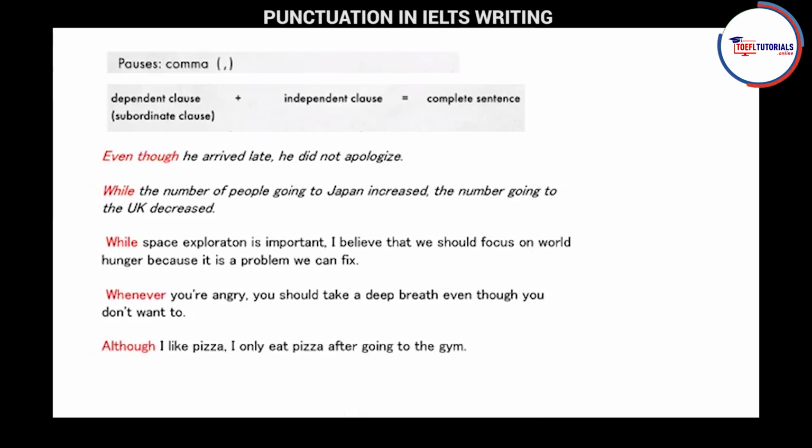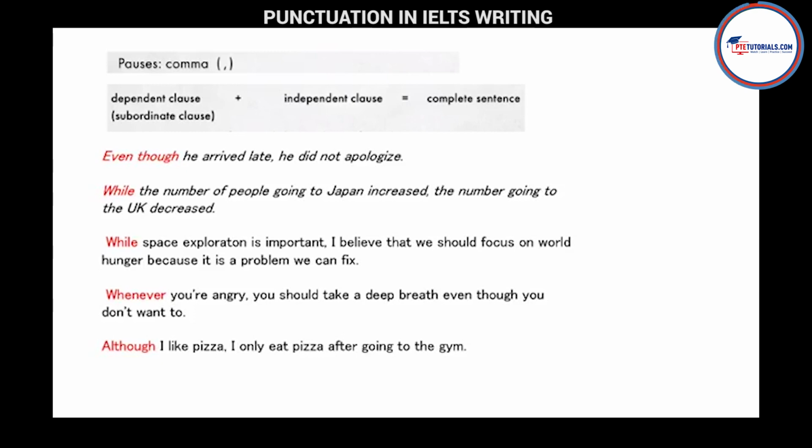See, complex sentences means when you are starting your sentence with the dependent part. And what is dependent? If you see that first sentence is, even though he arrived late, this is not a complete one. So complete sentence means it is itself having one subject and one verb, and it is giving you a full meaning. But when you are seeing here the first part, even though is making my sentence incomplete. Even though he arrived late, so what? Even though he arrived late, now comma, he did not apologize.